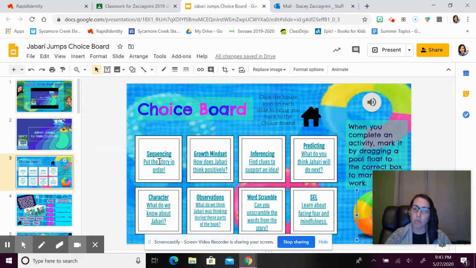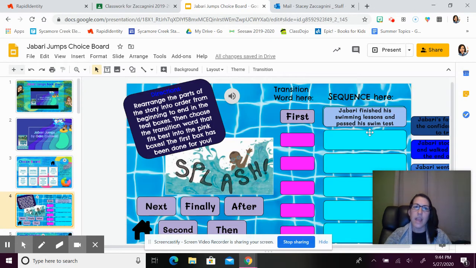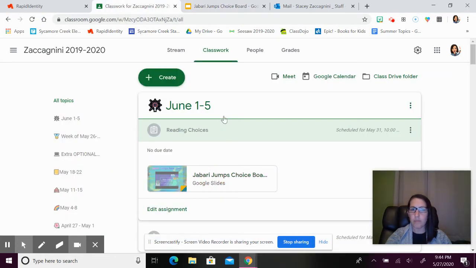If this is the one you thought was interesting, then you'll click on that and it will take you to the slide. On this slide, you're going to sequence the story of Jabari. Make sure that you read the directions on the page and listen to the directions by Miss Arcee or Miss Siha. And then again, I can click that little house button and it'll take me back. Now I'm not in present mode, so it's hard for me to get back there right now, so I'm just going to click on the slide. But there's all these different choices, so you can go to one of the choices that you would like and complete that activity. And when you're done, you can head back to our classwork to go ahead and do the math.